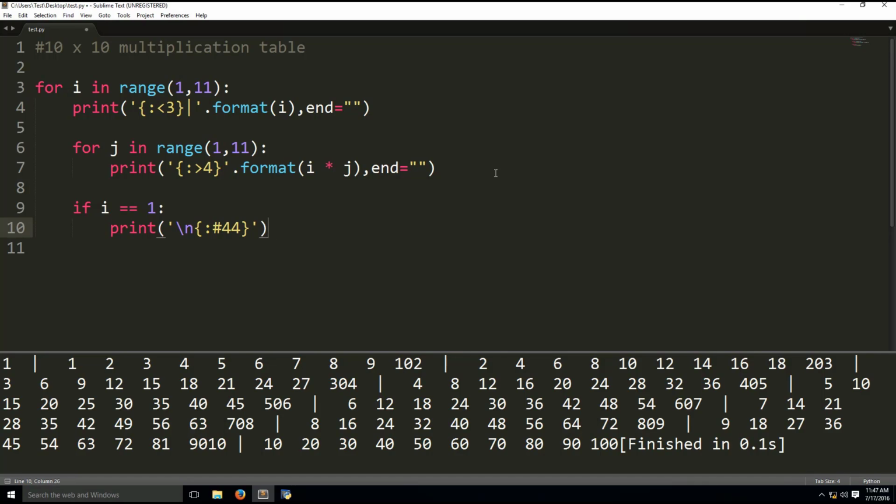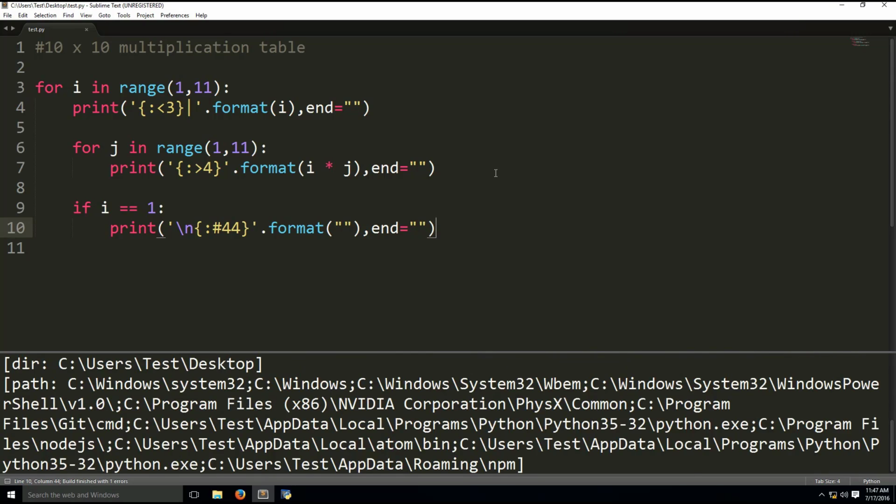So we have print, dot format, and then we're going to open our format function with empty. It's going to be empty. And don't forget end at the end because we want it all in line once again. Alright, so what this did is print 44 hashtags, align them to the center, and occupy this many spaces. Alright, and then after this, let's print that out. And there's an error here because I'm not done yet. Just hold on one second. Let me just finish this off with print,